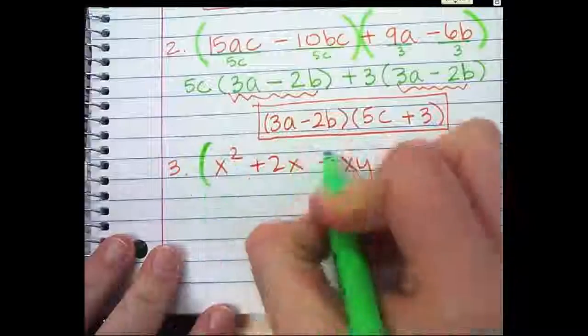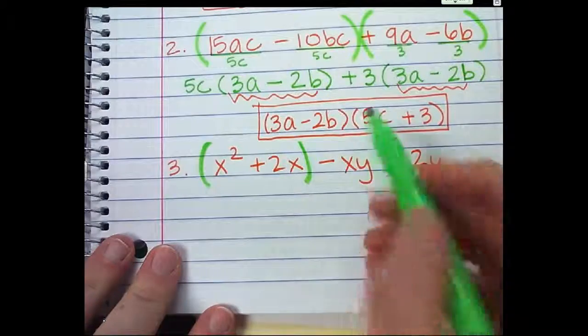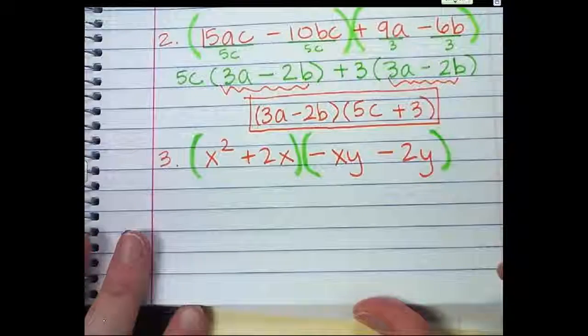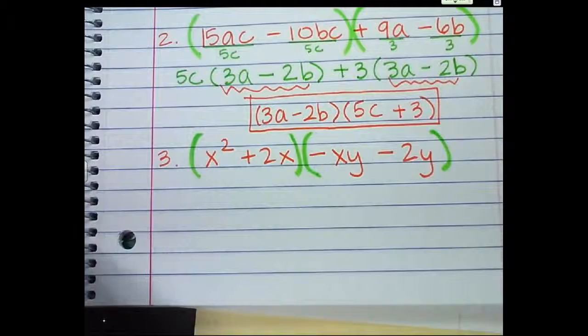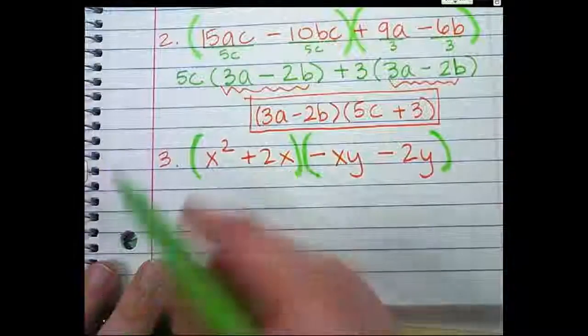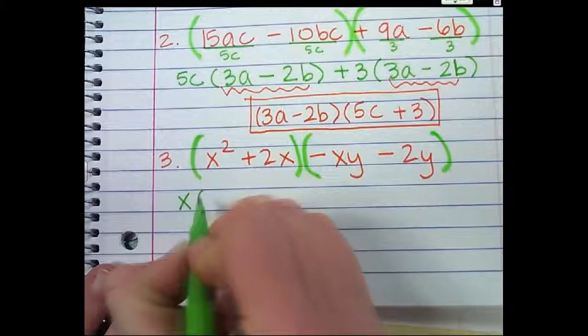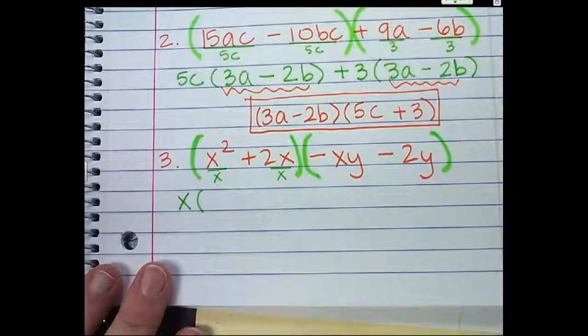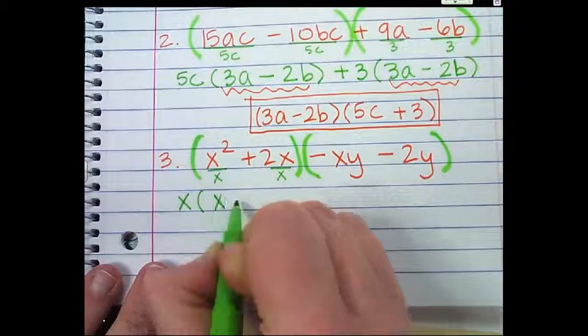Okay, so group the first two. Be careful here, make sure you group that in front of the minus sign. Okay, what can you take out of the first one? An x. So when I take out an x, I am dividing by an x on both pieces. So I'm left with x plus